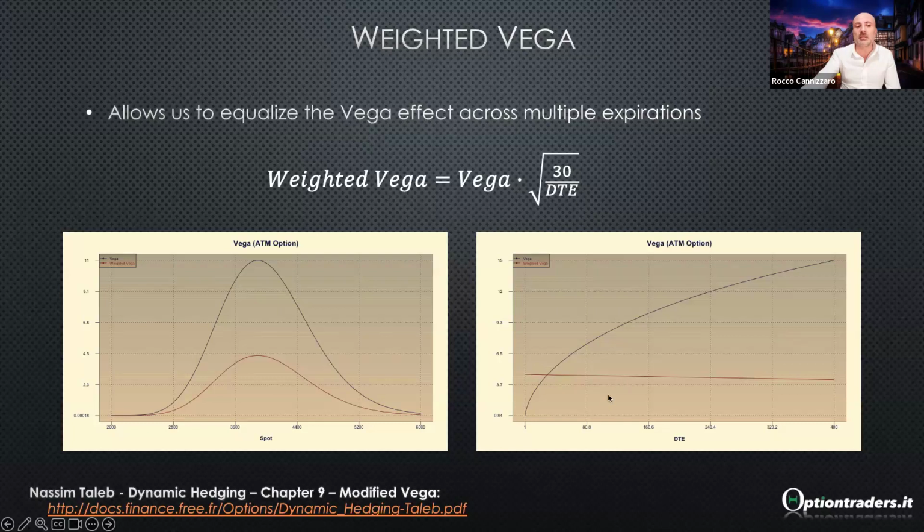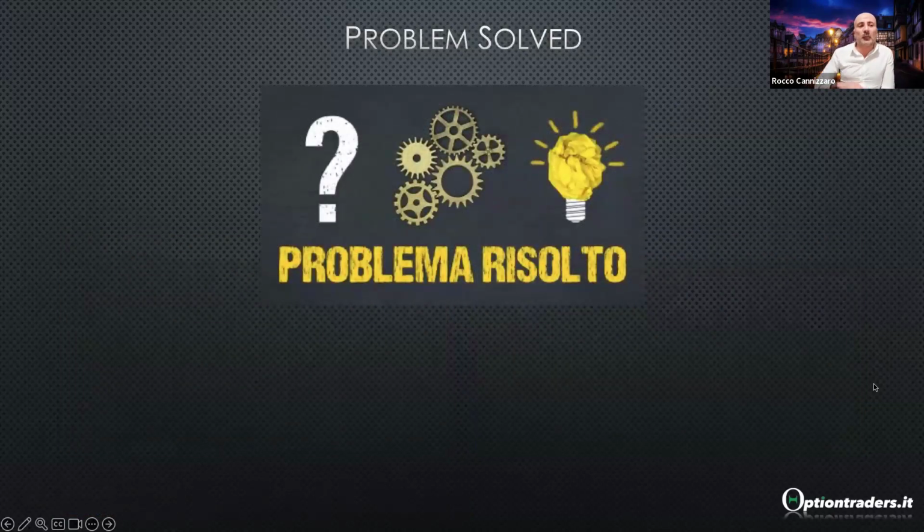So by using this mechanism, you can actually calculate the vega of multiple legs, especially for calendar structures, because that's where you really have multiple expirations. And you can now sum the individual weighted vegas all together, because now you're comparing apples with apples. You're not comparing apples with pears or something else, because they are now all being equalized using this formula. All right, so we solved one problem, which is the problem of the